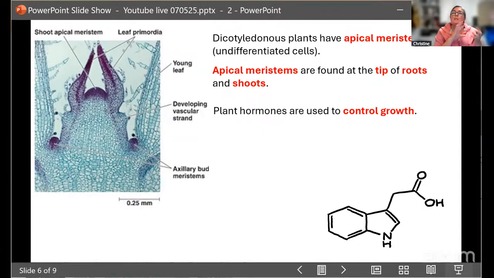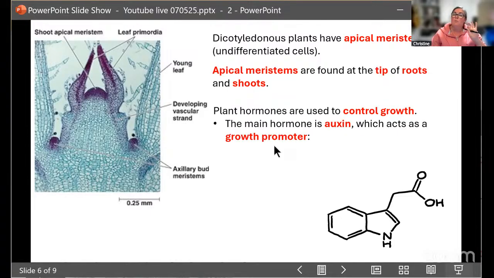So hormones can work antagonistically, and that's important for you to note, because of their concentration. A plant's hormone is going to be a hormone that is produced somewhere, released out of the place where it's made, and then able to move throughout the plant. Whether that's through the transport system of the plant or just through diffusion through the cells depends on what the question is that they're asking you.